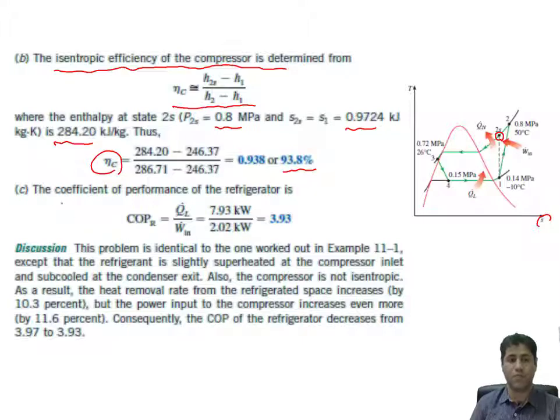The next part of the question is about the coefficient of performance of this refrigerator. Simply, you know that the COP for the refrigerator is Q dot L divided by W dot in. In the previous step, we have already calculated Q dot L and also W dot in: 7.93 kilowatt divided by 2.02 kilowatt, which will be equal to 3.93 as the COP, or coefficient of performance, for the actual